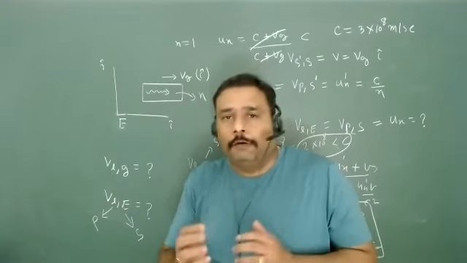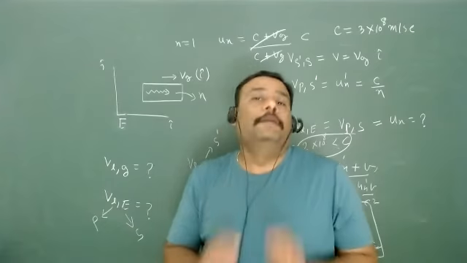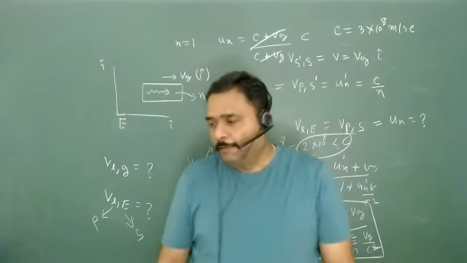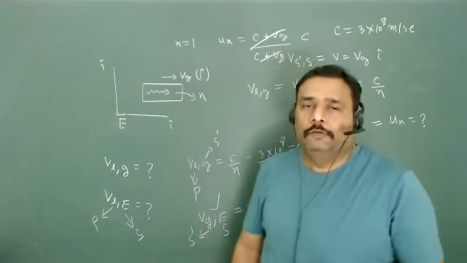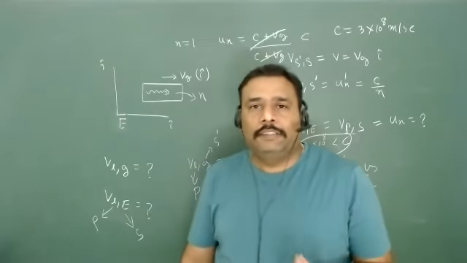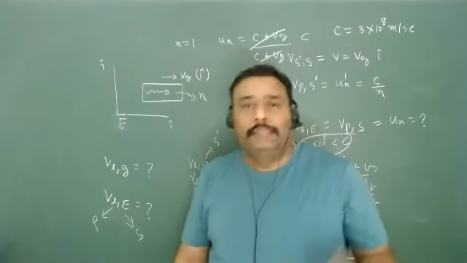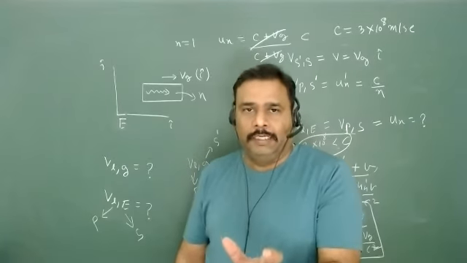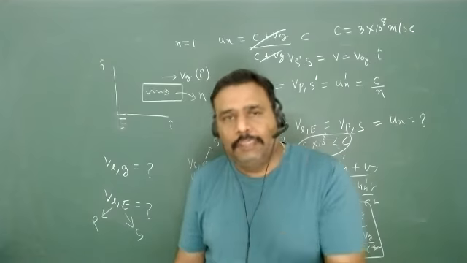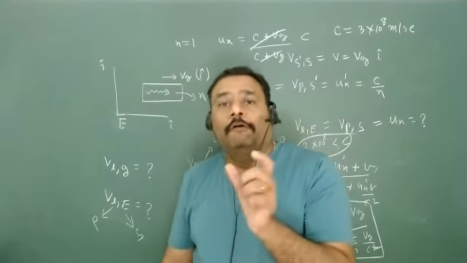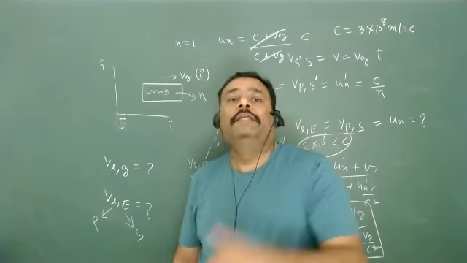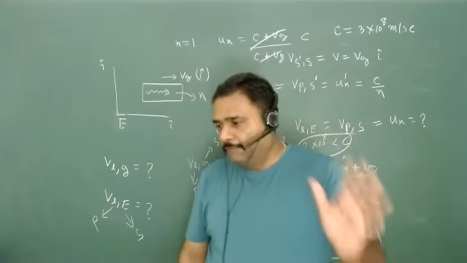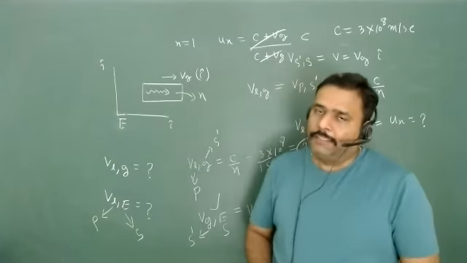The theory is all about how we are playing with this number, and this number is 3 into 10 to the power 8. And if anybody asks you what is 3 into 10 to the power 8, you cannot say this is the speed of light. You have to say this is the speed of light in a vacuum. This is the complete statement. And we can say that the speed of light in a vacuum will remain invariant if it is measured from any inertial frame. So this is very interesting, and you have to always keep it in mind.